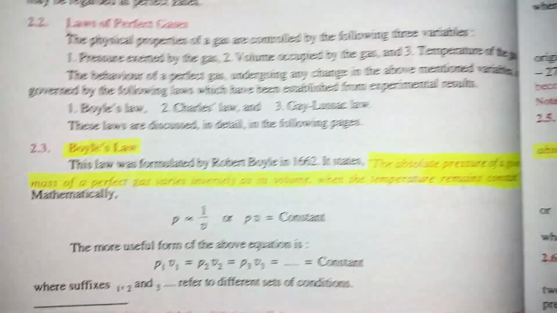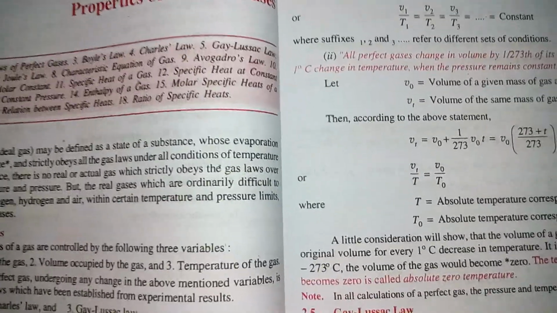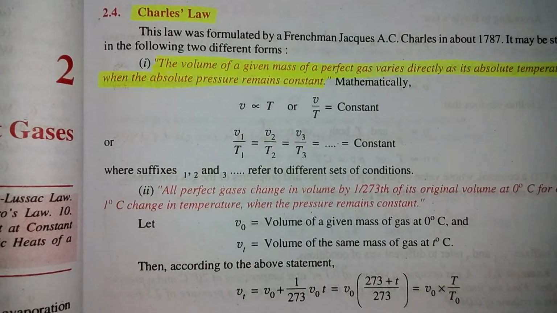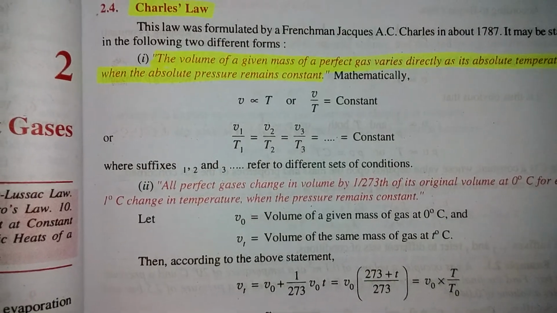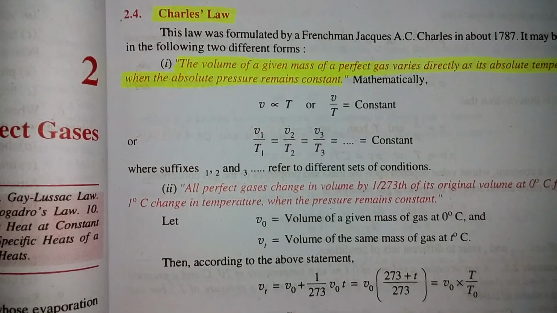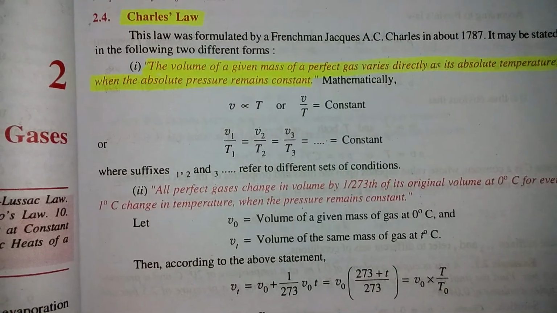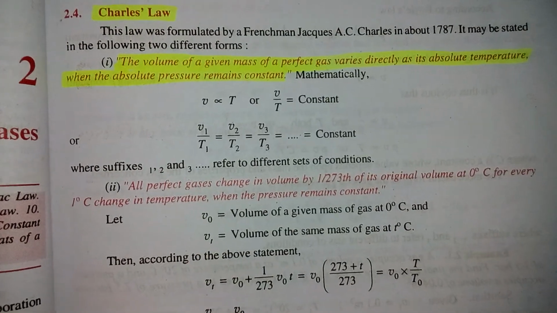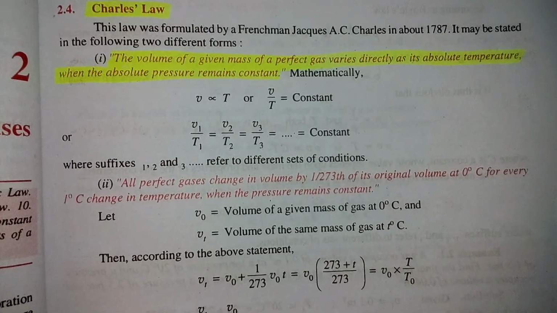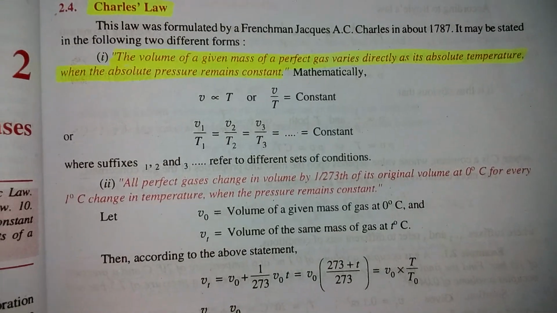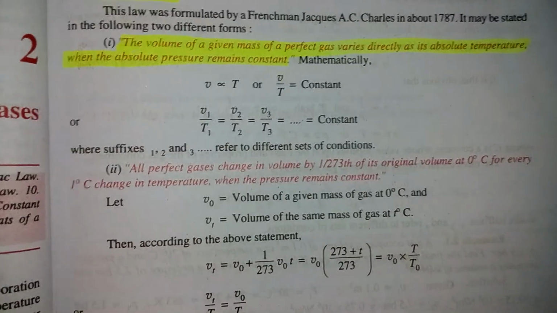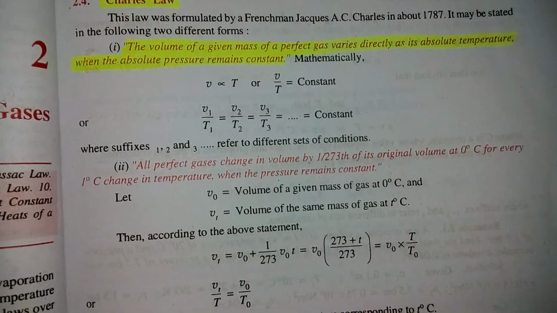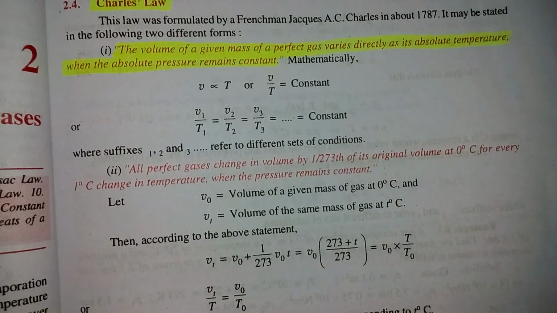Okay, and next is Charles law. This law was formulated by Frenchman A.C. Charles in about 1787. It may be stated in the following two different forms. One is the volume of a given mass of a perfect gas varies directly as its absolute temperature when the absolute pressure remains constant, and mathematically we can say V varies as T, or V by T equals constant. So we can say V1 by T1 equals V2 by T2 equals V3 by T3 equals